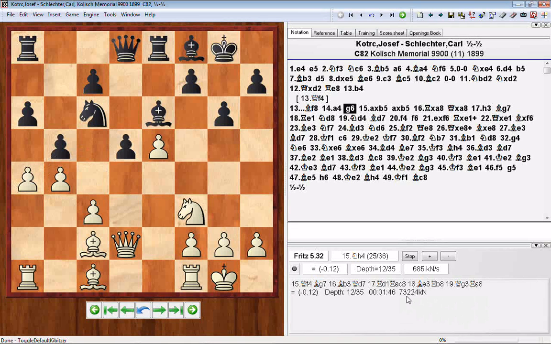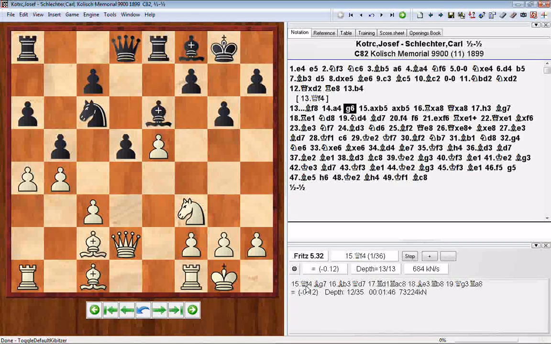It's looked at over 73 million positions at this point as well. There we go, we've made depth 13, so we've squeezed another ply out of it by waiting another couple of minutes, and we have a different evaluation. Now, if I was to let this run for another 4 or 5 minutes, we would get to 14 or 15 ply search depth, and we would very likely see something very different for the